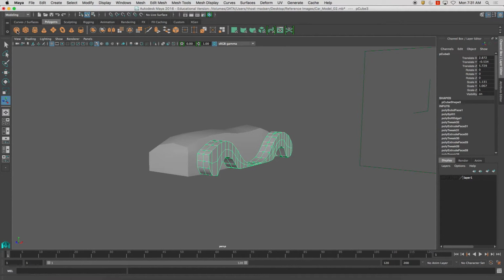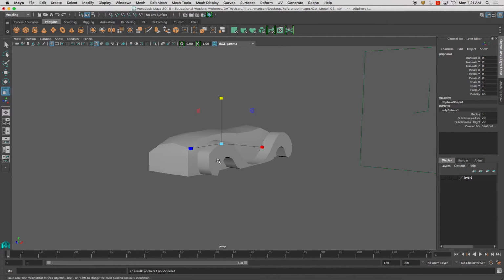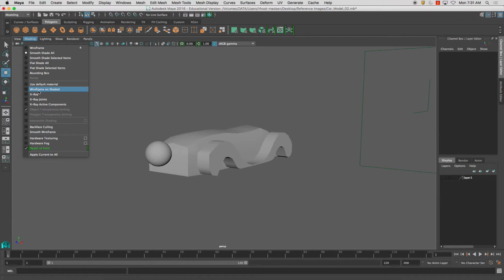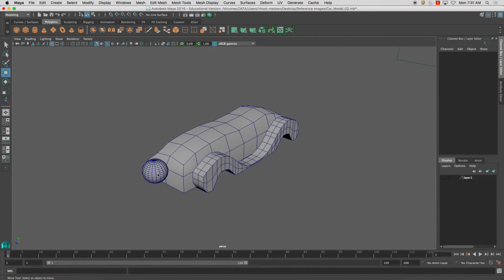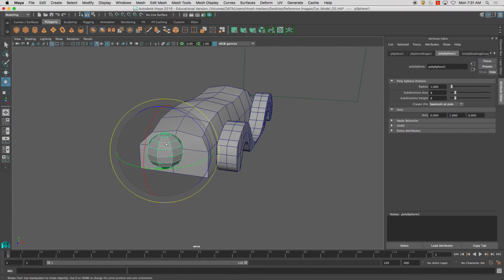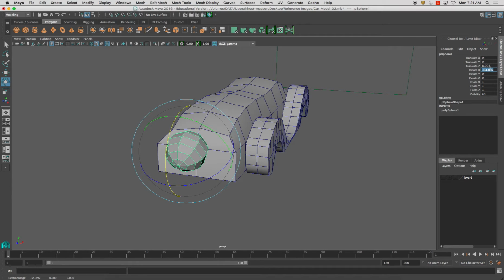So I'm going to start with a polysphere, and I'm going to move it out into space so I can see it. And I'm going to go to Shading, Wireframe on Shaded, so I can see my wireframe. And on my polysphere, I'm going to change this to 8 and 8 and hit return. And now what I'm also going to do is rotate this 90 degrees,